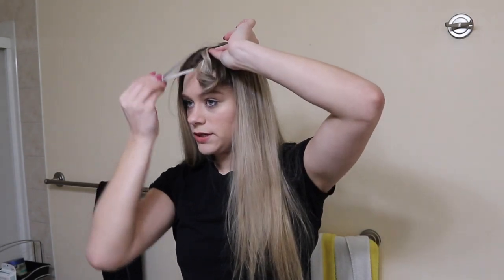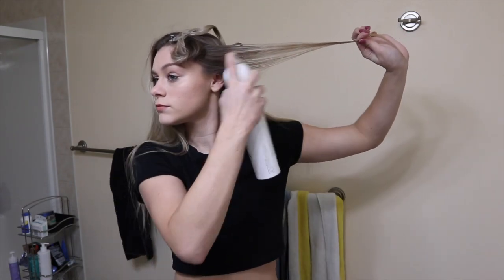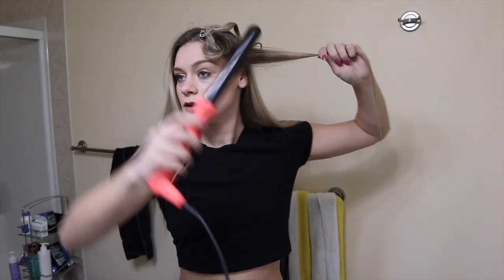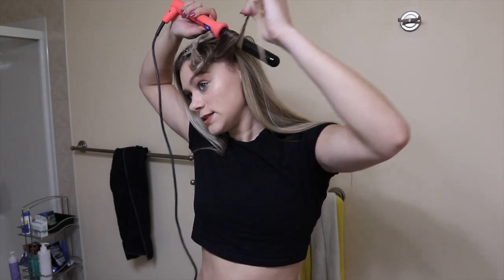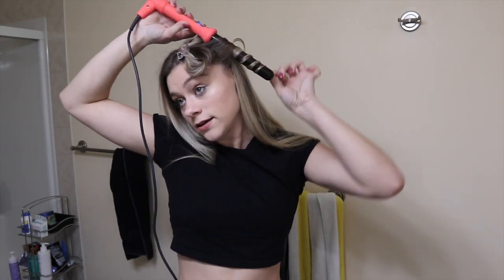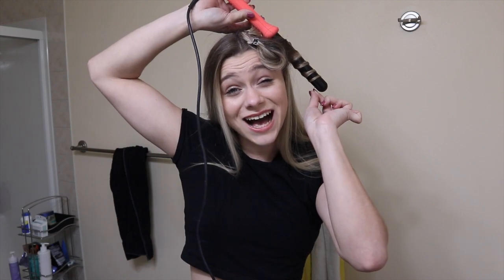Then this is the part where you're gonna look weird. Pin it up. I'm gonna do this one. A little bit of hairspray. And you wanna curl the pieces at the front of your face going away, and then the rest you can alternate. This is probably quite boring, but